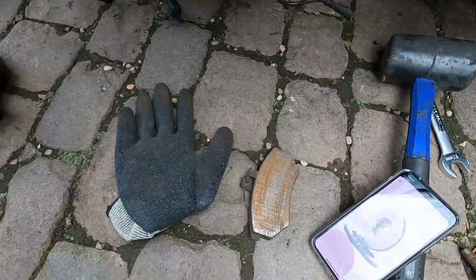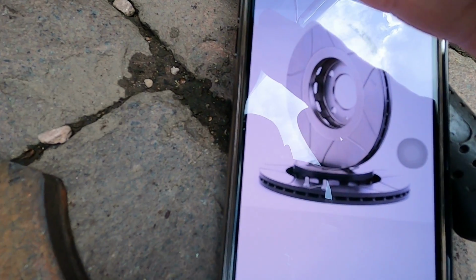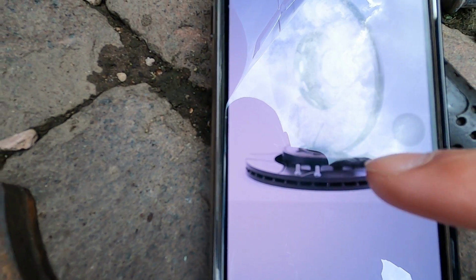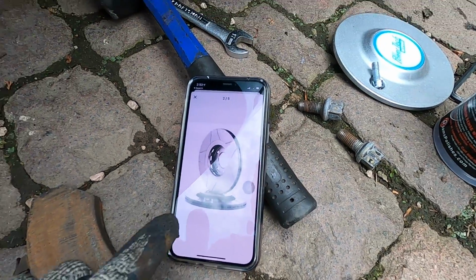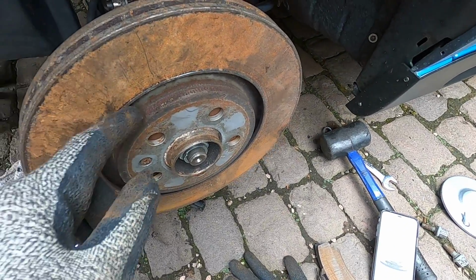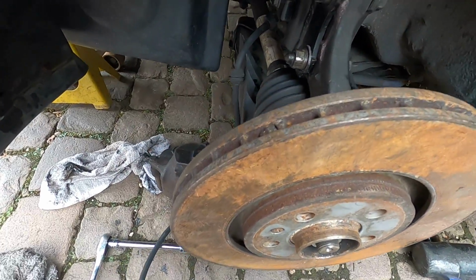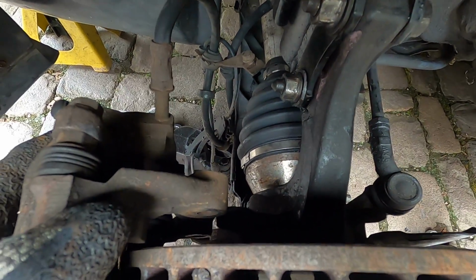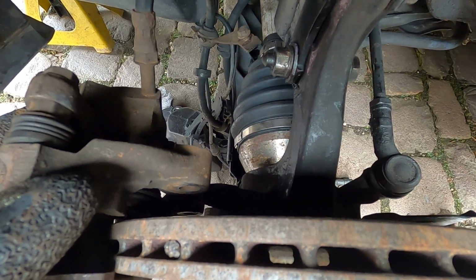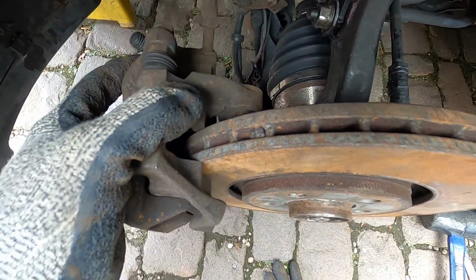So the G60 caliper I'm getting is this one right here. This is the Brembo one. But do you see how tall, the glare's kind of bad, hope you can see that. You see how tall this little top hat section area is? That's why you need to use the G60. I'm pretty sure once I have the G60 and it's taller here and the rotor sits back maybe that much more, if you look at where the caliper is sitting right now, I only need that much more to go back. So I think once I have the proper rotor, this will fit no problem and we'll be good to go,